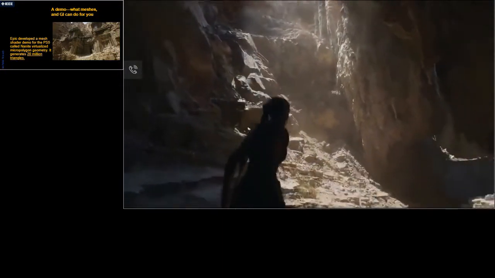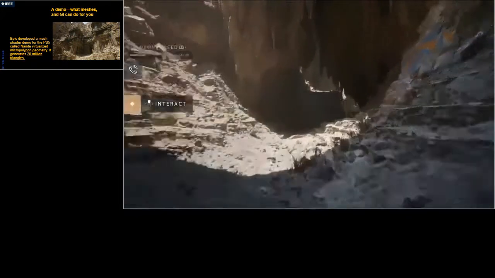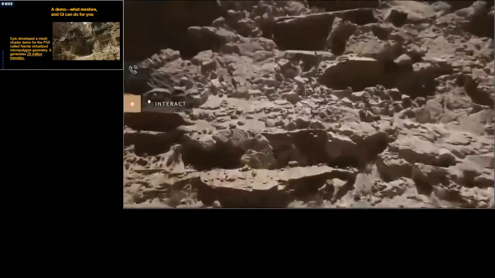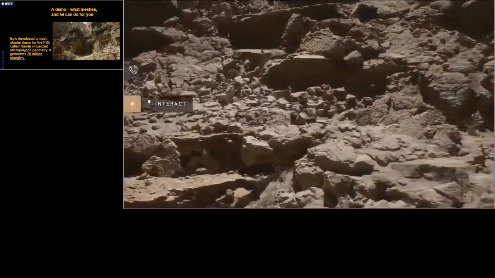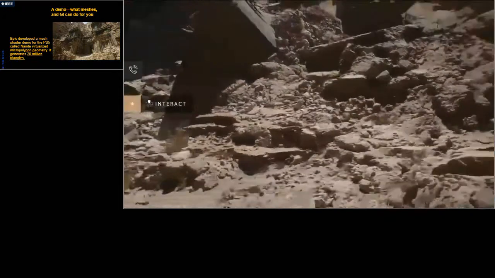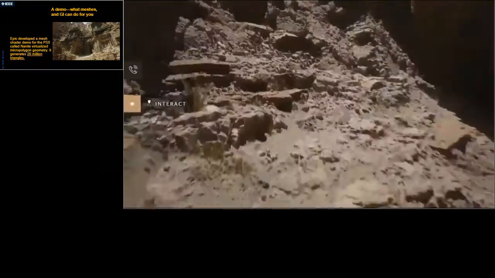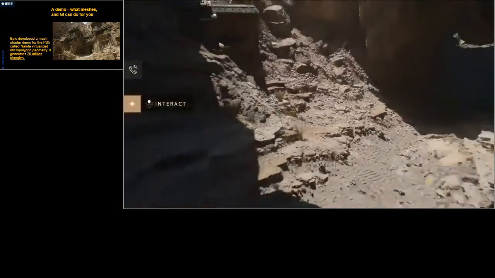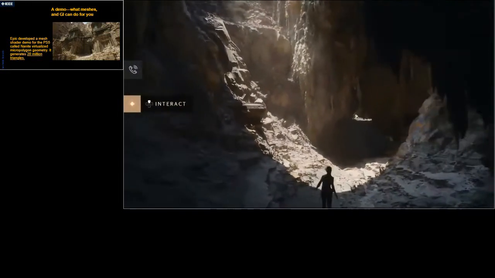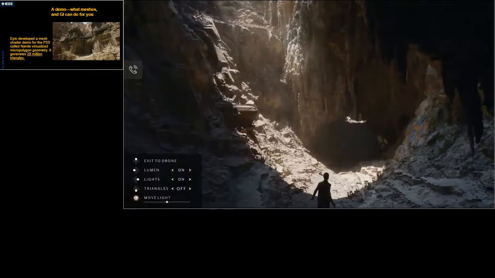Before we continue, let's stop a moment and take a look at some of the key features of this demo. Much of what you see was built with Quixel Megascan assets, but instead of using the game versions, we used the cinematic versions, which would typically only be used in film. There are around 1 million triangles each, and thanks to virtual texturing, they all use 8K textures as well. Nanite can render an insane number of triangles very quickly. There are over 1 billion triangles of source geometry in each frame that Nanite crunches down losslessly to around 20 million drawn triangles. What does that many triangles look like?